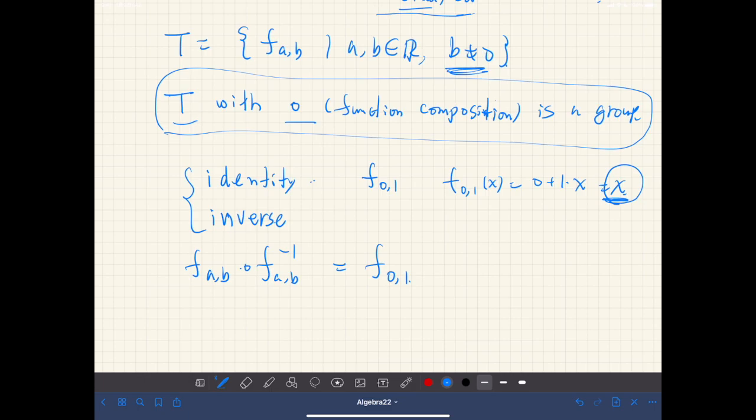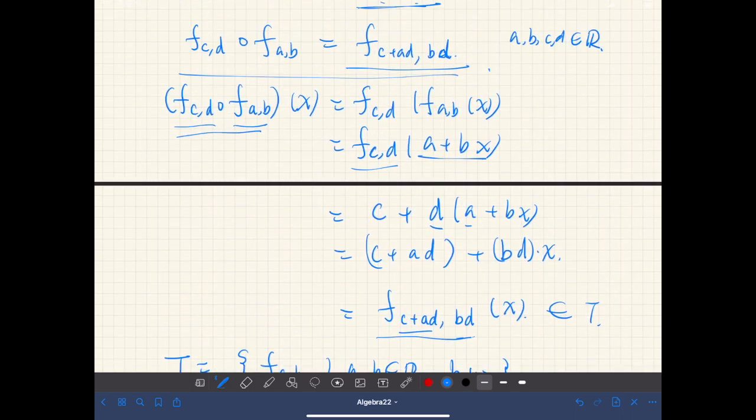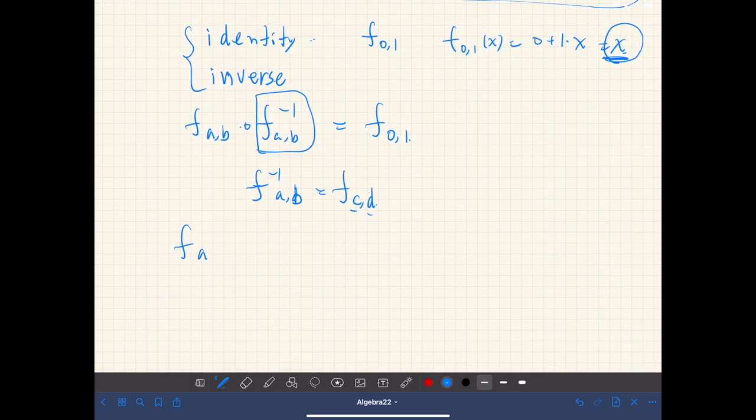Okay, so in that case, what is this function? So this should be equal to some function with some parameter. So what are these values, c and d? Okay, so let's find out. If we compose, let's see. If we compose a, what was it? Let's try instead, not here, but here. Okay, so let's compose (c, d) after (a, b),